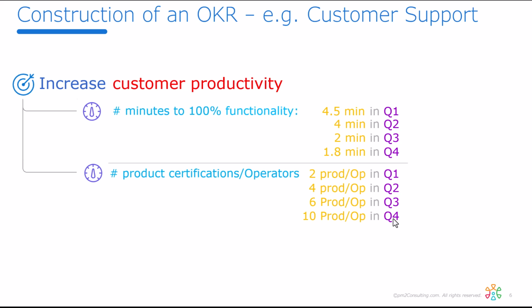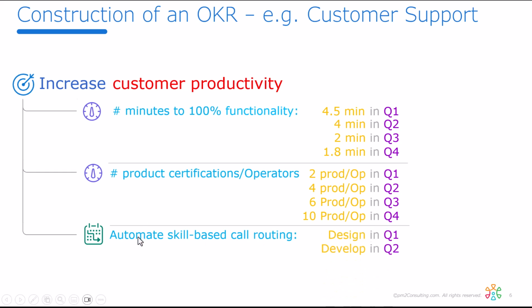Now, activities also include projects. Projects are things we do or initiatives to make that number increase to achieve that objective. So in this case, the initiative is we're going to ask IT to automate skills-based call routing. What that looks like is when you call up, you get routed to an operator that knows the products that you happen to own based on your phone number. And they're in a straight waterfall, so they're going to design it in Q1, develop in Q2, launch in Q3,